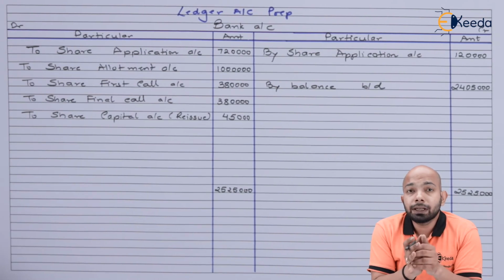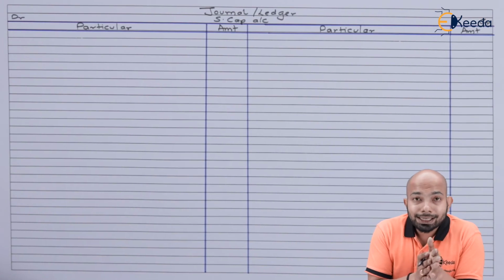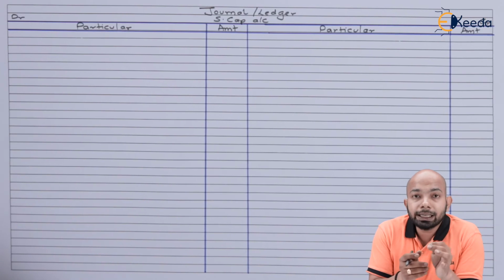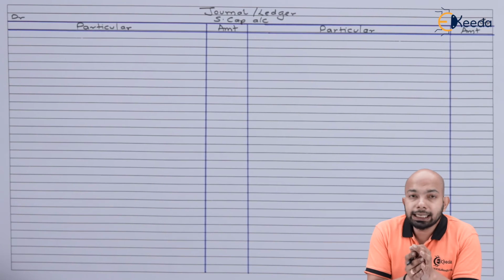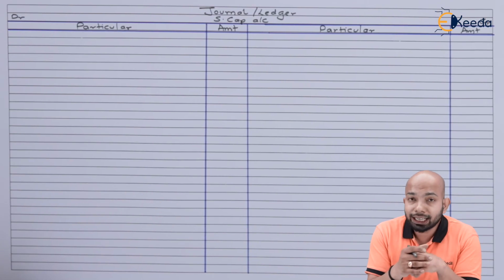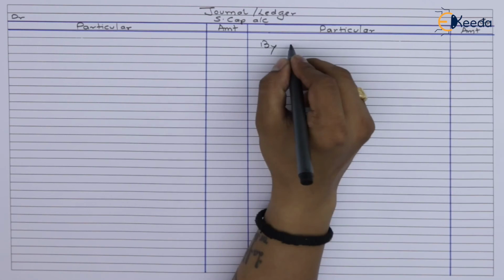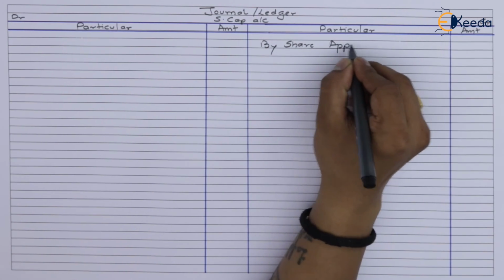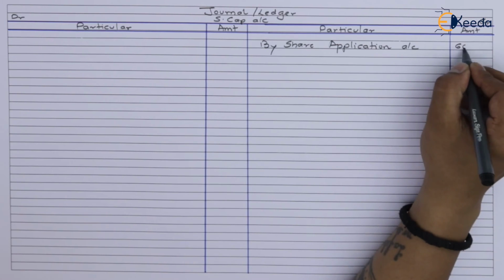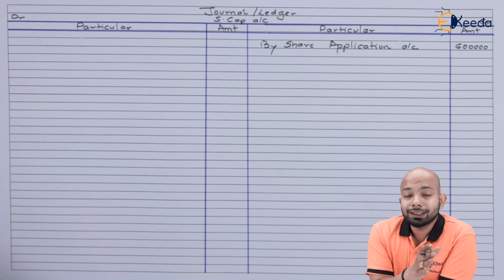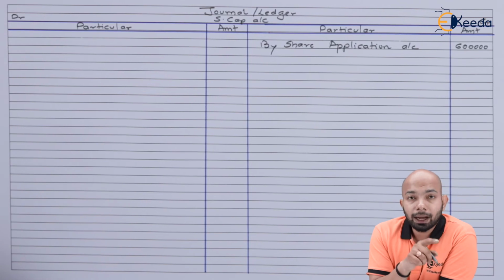Now it's time for us to prepare the share capital account. So let's prepare that account now. So the entry that will be passing here will be first transfer of application to share capital account. That means share application to share capital was the entry that we had passed. So on the credit side of share capital account will have share application. Let's mention that. Now after this we have the allotment capital to be transferred. So again on the credit side we'll have by allotment account.